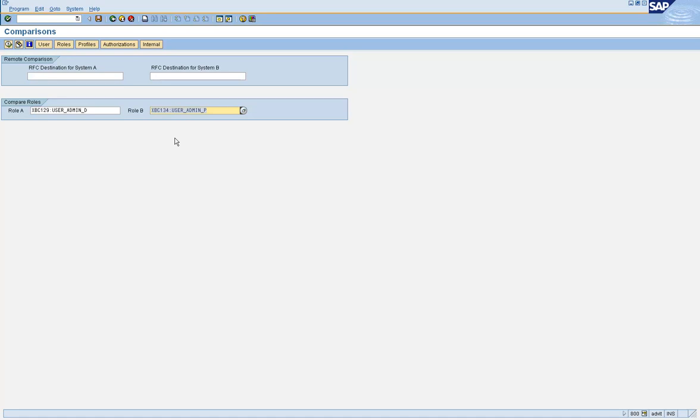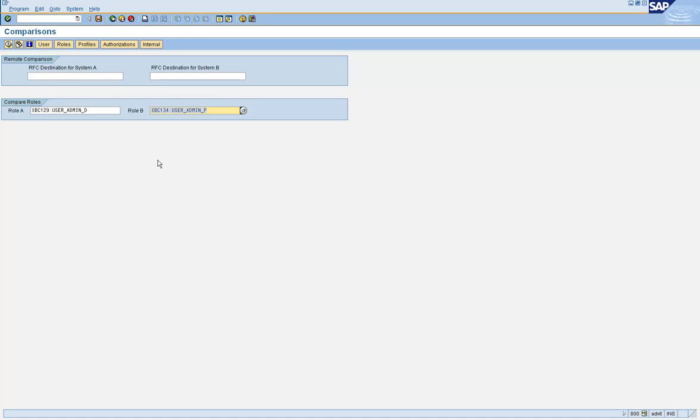If anything has happened to the role, it will give the difference because the changes are there in development. It's not there in production yet. So it's either going to show different values or different objects. So that's an indicator for you that some change is happening somewhere. Somebody has made some change. Then what do you do? You compare the role between the development system and the testing system.